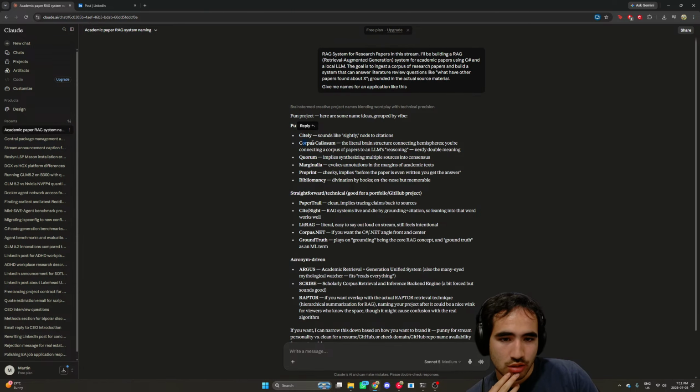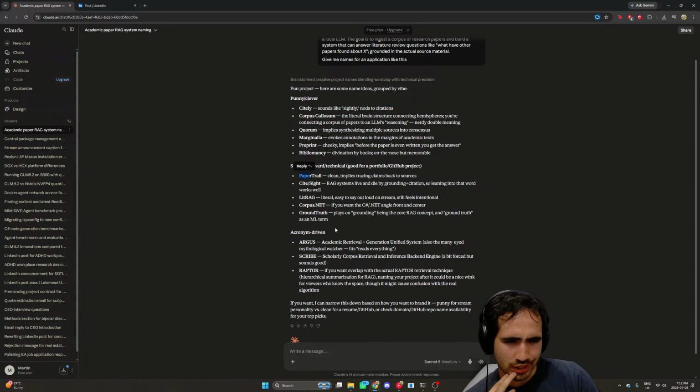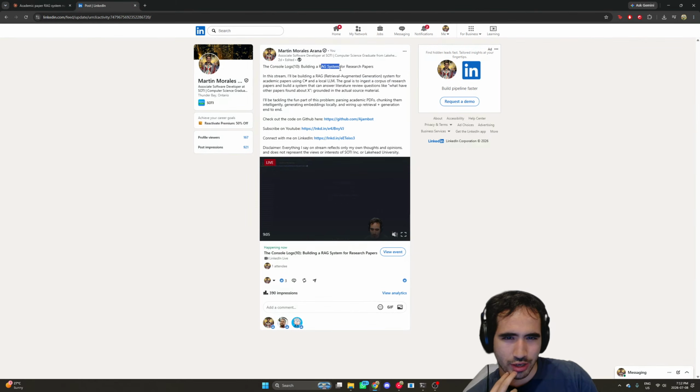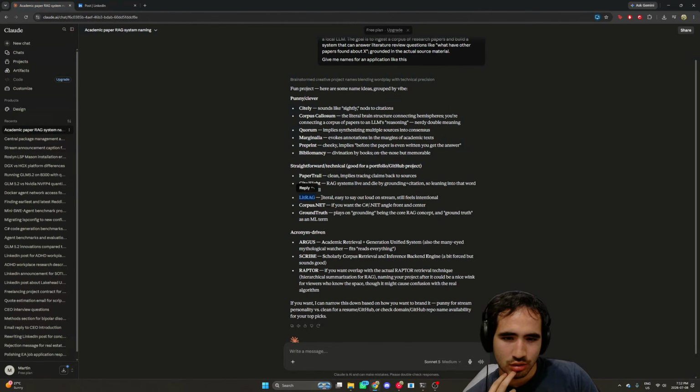It says Sightly, Corpus Callosum. No, definitely not. Quorum, Marginalia, Preprint, Bibliomancy, Paper Trail, Site, Lit Rag. I don't hate this. I was going to call it Rag Research, I think, which is nice for the alliteration, but I guess Lit Rag is nice.